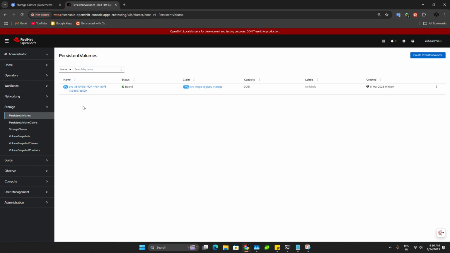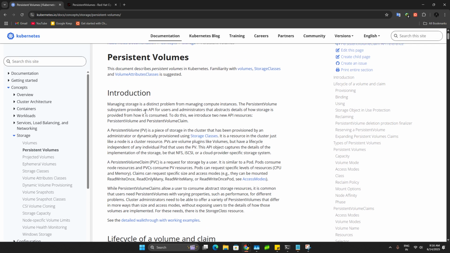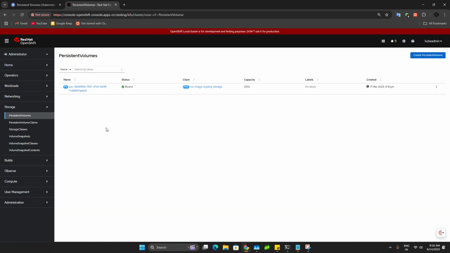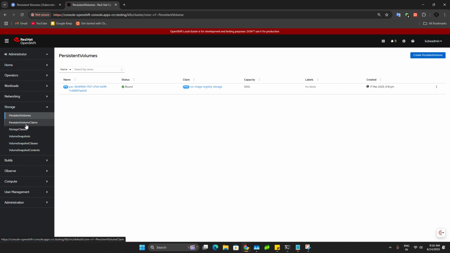So PV, basically we, the administrator, used to create, or rather it can dynamically create itself. So a persistent volume is a piece of storage in the cluster that is provisioned by an administrator. All right, if you create the PV, we can use it, or it can also be created dynamically by declaring a storage class. If we mention the storage class and declare this dynamically, whenever a request comes from a PVC, it automatically creates the PV as well, and it will claim it from the storage class. Right, when we provision for dynamic,